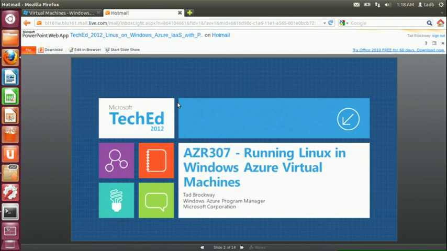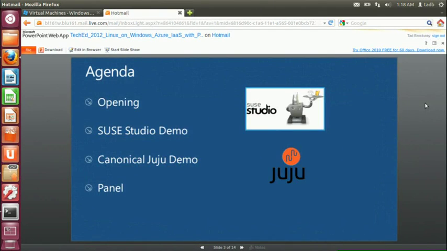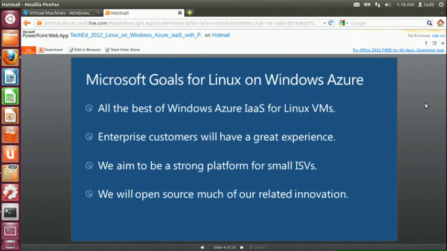So go over here to my PowerPoint, through the magic of Office 365, and talk a little bit more about why we set out to enable Linux on Azure and what we're hoping to achieve. So one of the things that we heard as we talked to customers, enterprise customers, in terms of defining